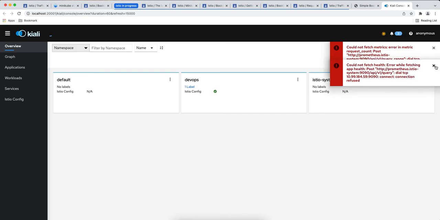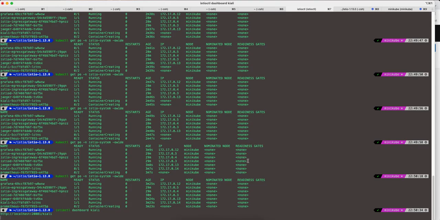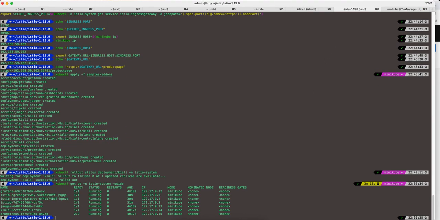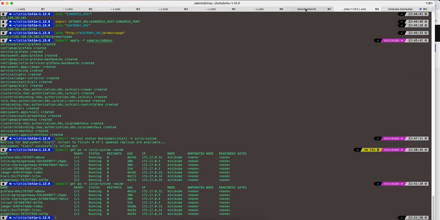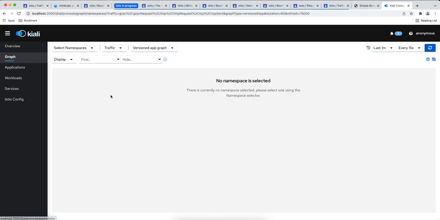Okay, so it is having some issues because Prometheus is still coming up. That's why it's giving an error, because you see that the container is still getting created. So probably if I run it here, yeah, it is up now. So it should not give any error now. Yep. So if you go to the namespace, just choose a namespace, go to the graph, select namespace DevOps,